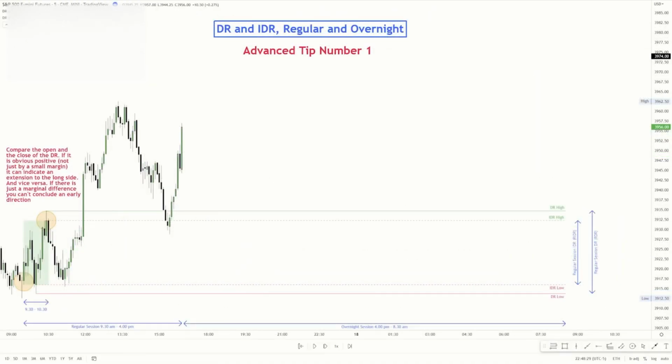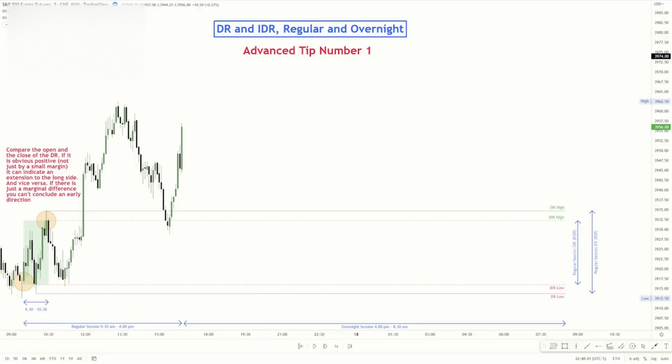Advanced tip number 1. Once the DR is finished, look at the open price at 9:30 and compare it with the close price at 10:30. If there is a reasonable incline, you should be changing your bias slightly towards the long side, and of course vice versa if you see a decline. If there's not a noticeable difference, you should stick with the neutral bias or the bias you already had before the opening. In this example, we are having an almost 20 points difference, which signals us that we can look